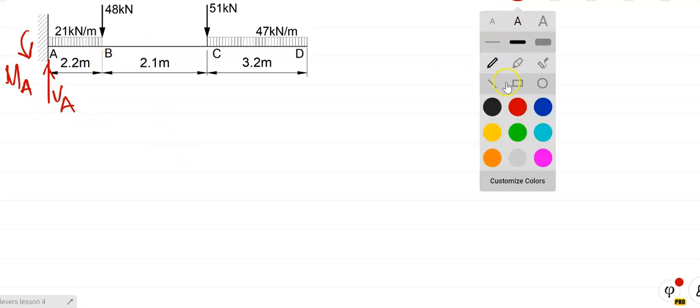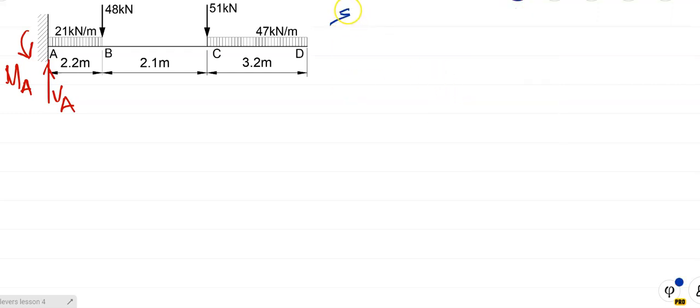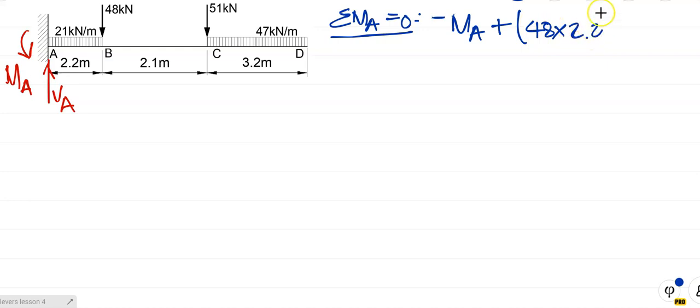Right, let's take moments to find MA. I'm going to say the sum of the moments about A is equal to 0. That's going to be a negative moment at A, since anti-clockwise is positive. As you can see, all the loads on the beam are going to be clockwise with respect to A. I'm going to do the point loads first. It doesn't matter the order, just take all of them. So it's 48 times 2.2